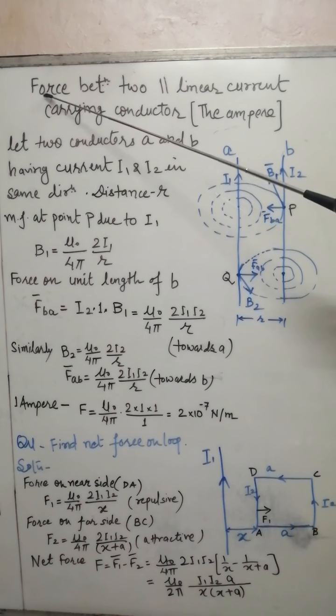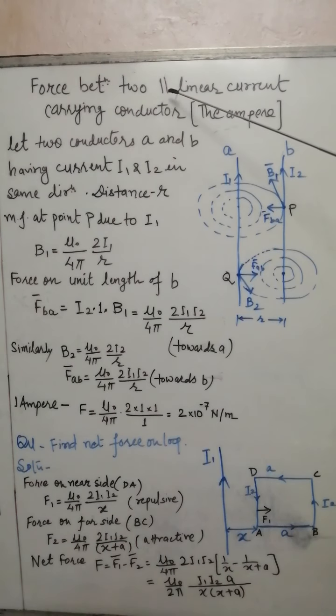Now we will see the force between two parallel linear current carrying conductors. This will give us the definition of ampere. What is 1 ampere current? So let us consider two parallel conductors A and B, having currents I1 and I2, with current in the same direction,